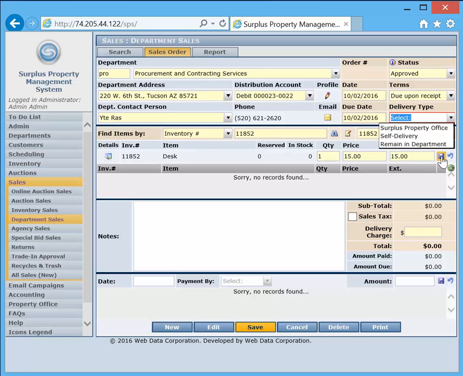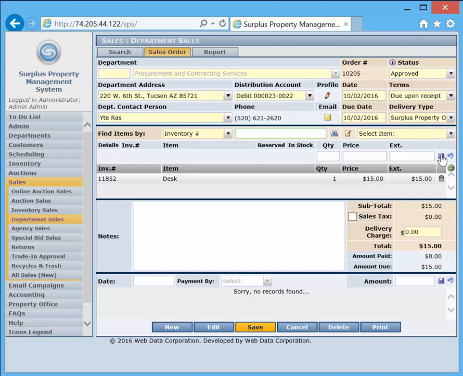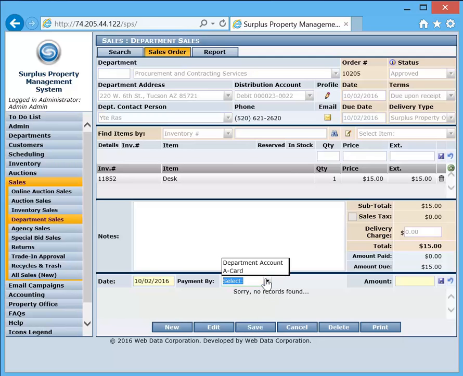So we go ahead and we'll save this line item. This is a required field, the delivery type, so it's asking me to fill that out before I save this line item. So I can go ahead and save this line item, and then I can look up others and do the same thing. So when we've finished our list of items, and we always save them with this little icon here, then we can go ahead and save the main record, and then we can choose the method of